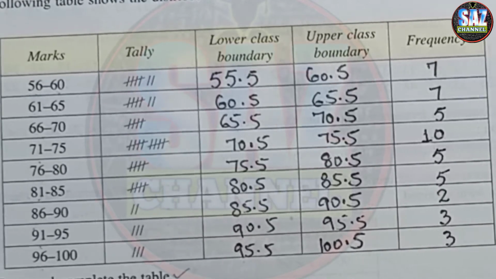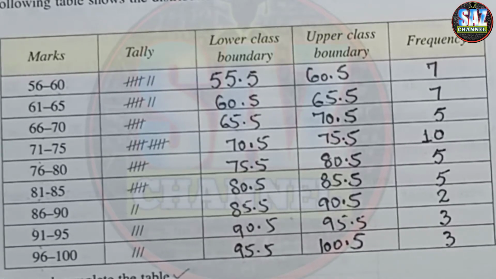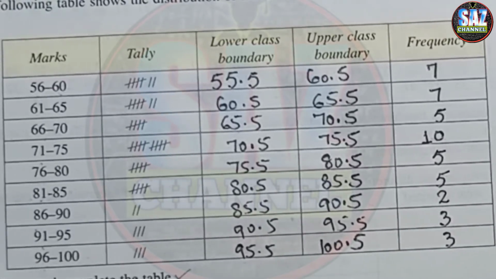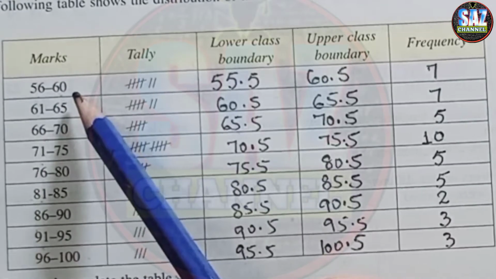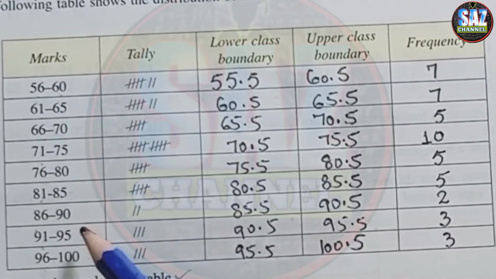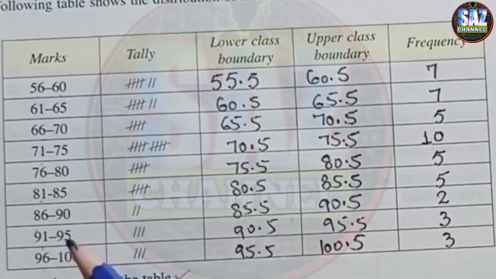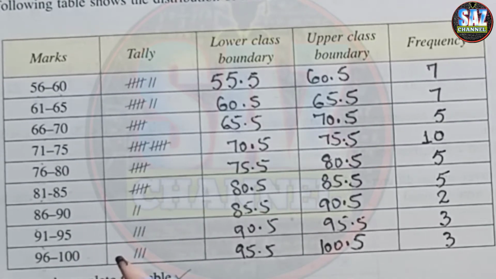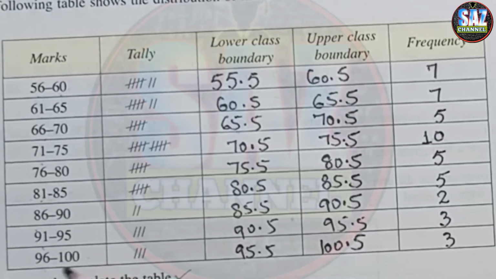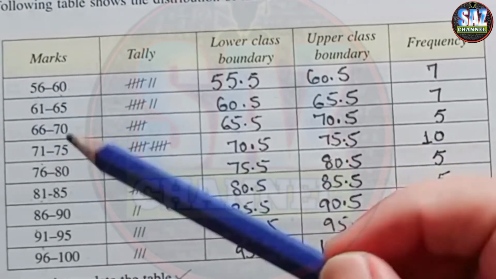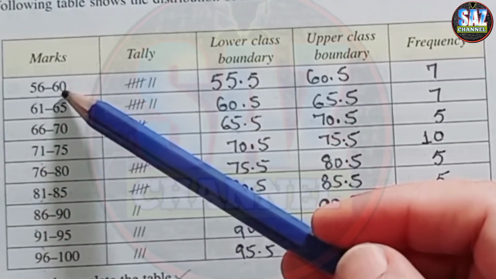And now the next part is that we have to draw the histogram for this information. For the construction of a histogram, I always advise my students to check the class width of all the classes. The class width of all the classes must be equal, and if the class width of even a single class is not the same, then we are not going to draw a histogram with actual frequencies. For that you have to catch me in the next class. So let's check the class width of each class.